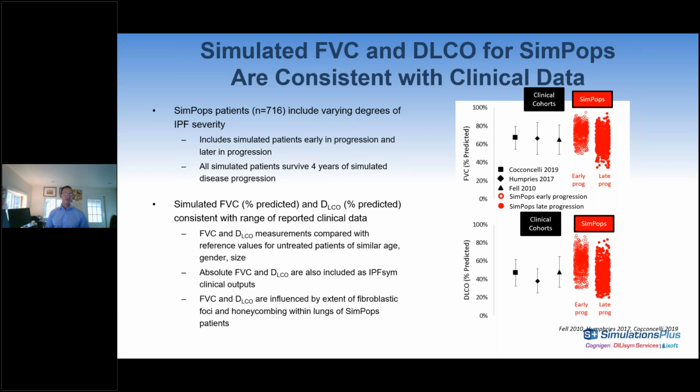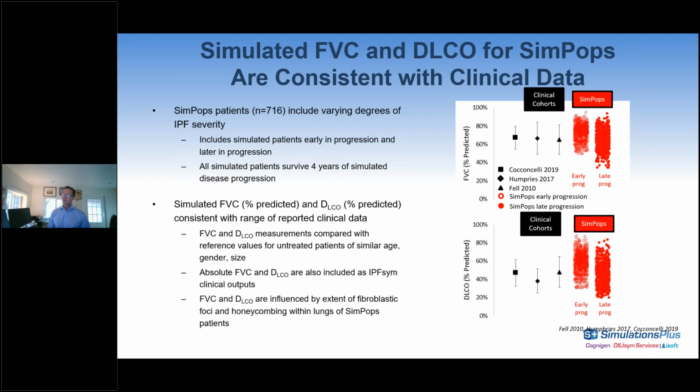And then if we take that to the next slide, perhaps the most important aspect in terms of evaluating efficacy and understanding IPF patients are the actual measurements or outputs of respiratory function. In this case, the forced vital capacity, or the FVC, or the DLCO, which is a measure of the diffusive capacity of gases, in this case carbon monoxide, across the alveoli.